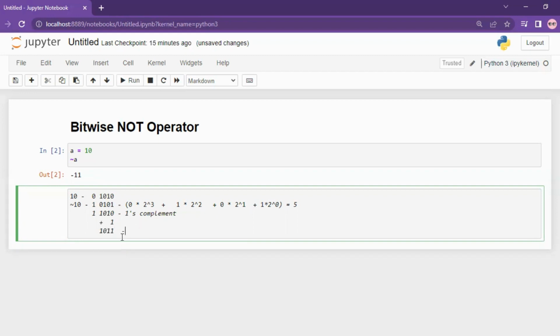Now the decimal value of this number would be 11, and we could do it like we did earlier. So 1 times 2 to the power 3, just like how we did here,